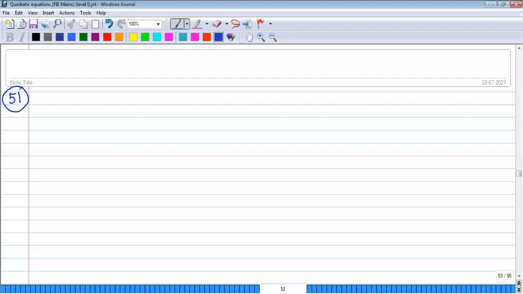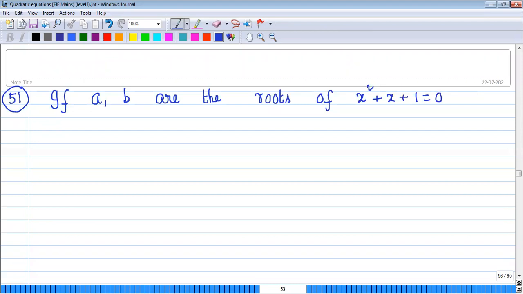Number 51. If a, b are the roots of x square plus x plus 1 equals 0, then a square plus b square equals to: first option ab, second option a cube plus b cube,